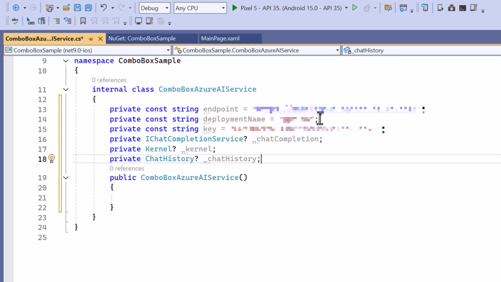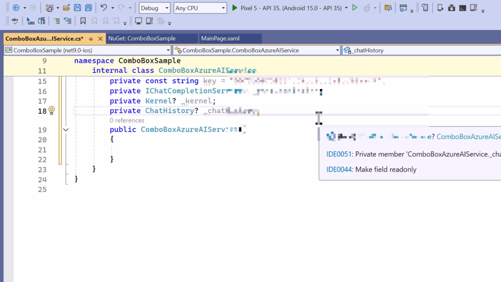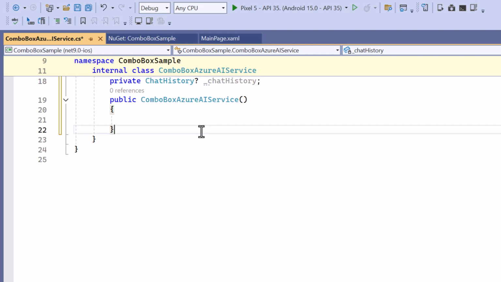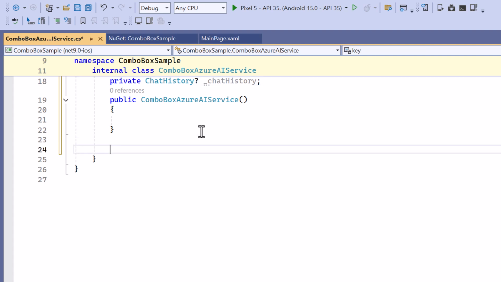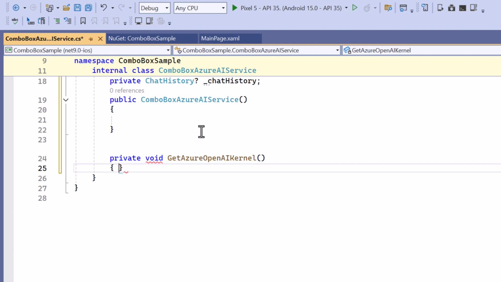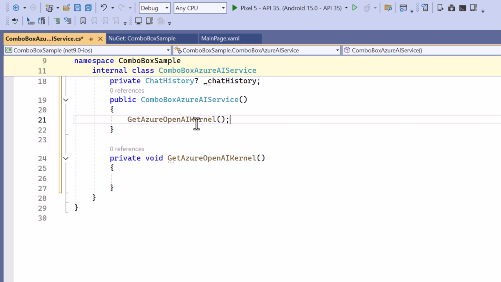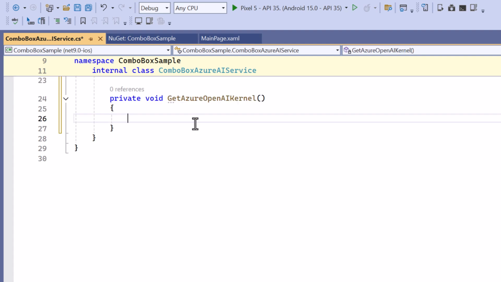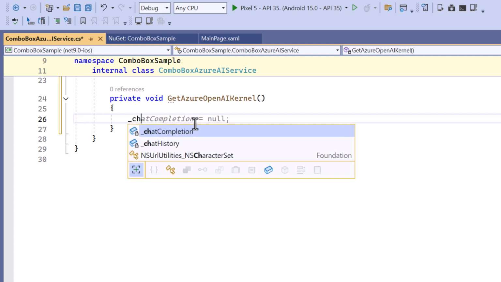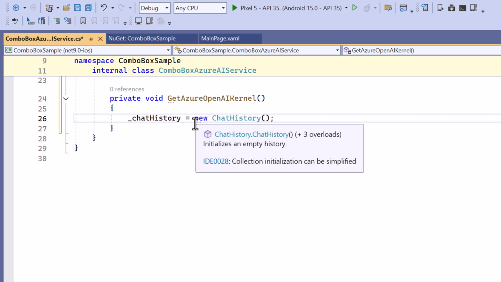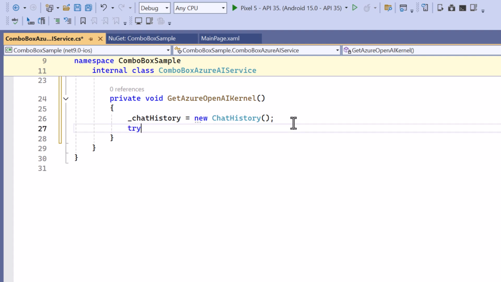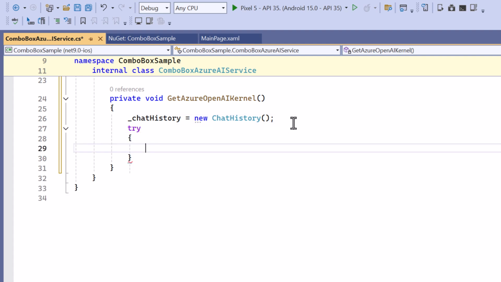To initialize the Azure OpenAI kernel and set up the components required for interacting with Azure's OpenAI services, I create a method named getAzureOpenAI kernel and call it in the constructor. Within this method, I create an instance of chat history to store the conversation's history. I include a try block to ensure that any exceptions that occur during kernel initialization are safely handled without crashing